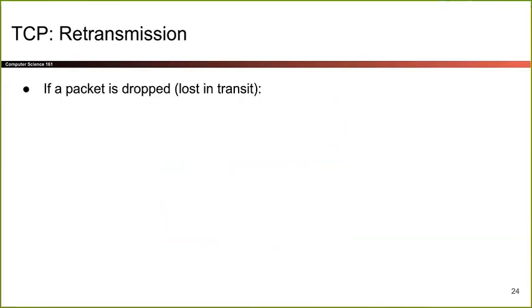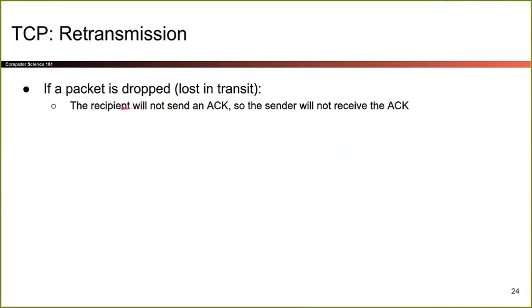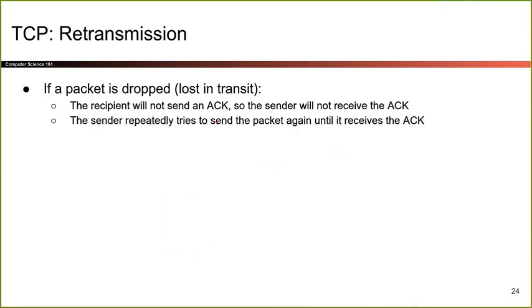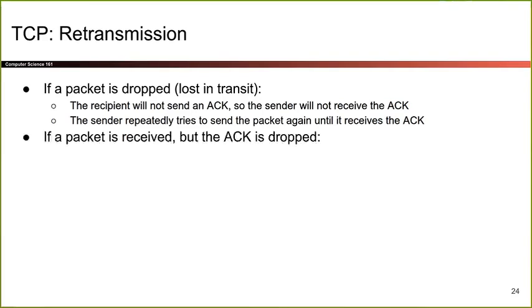So let's talk really quickly about retransmission. Someone asked this a long time ago. It was a very good question, but we've already talked about what happens if a packet is dropped. If the packet is dropped, the ACK will never come, because if I don't receive the packet, the ACK will not come. If the ACK doesn't come, I just repeatedly send it again until I get the ACK. And in the numbering system, the ACK number will be too low, because I haven't received some of the bytes. So I'll resend all the bytes starting at the most recent ACK. And that's how it resends things.